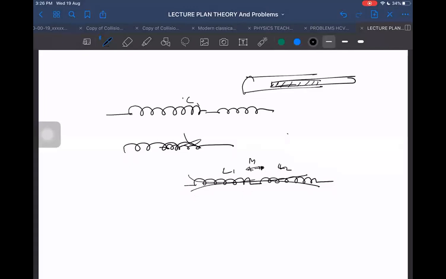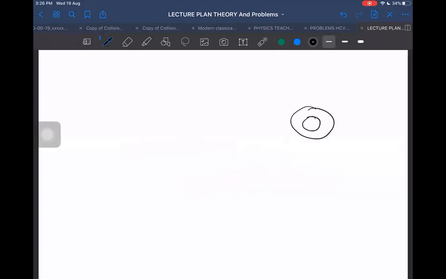For example, there are spherical capacitors or not? They exist. They are there. But does it mean that if I have a spherical capacitor, then I will not represent it by this symbol, and I will start saying, now because it is a spherical capacitor, let us make this diagram? Do I do that or not? It is just a symbol.